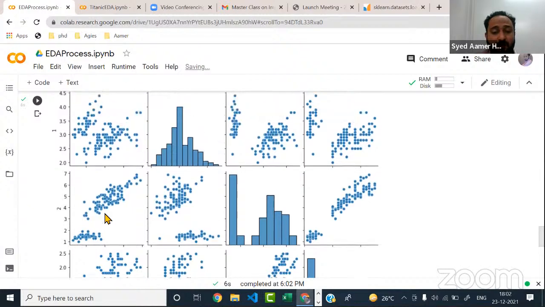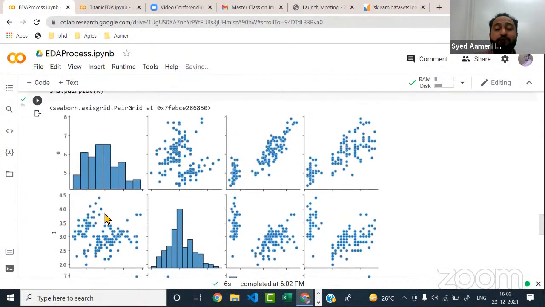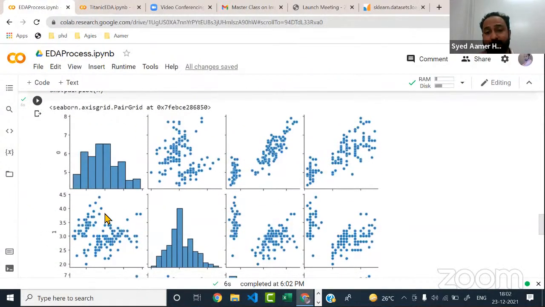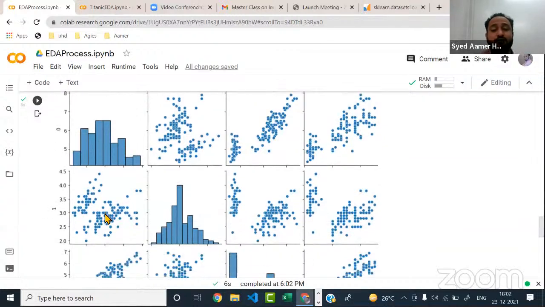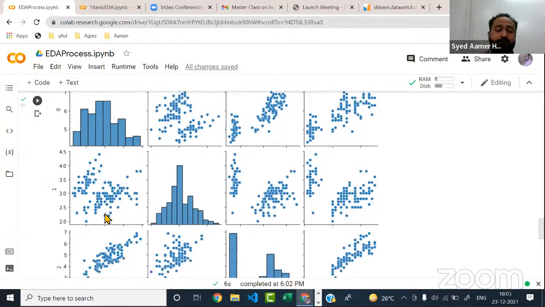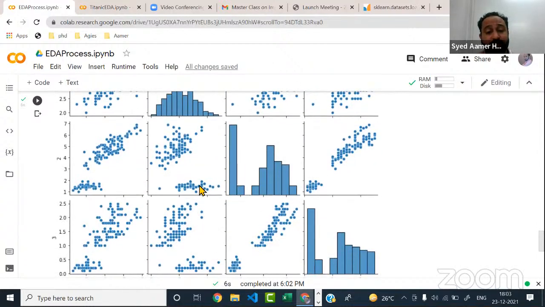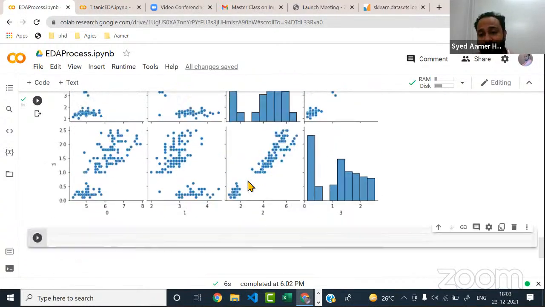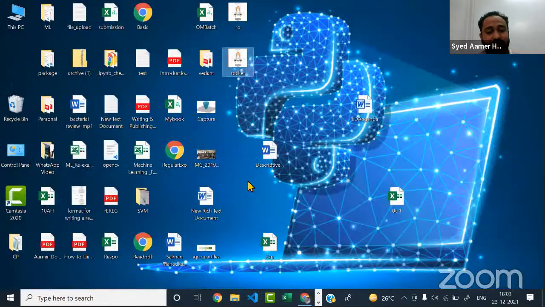From this you will come to know how your data is distributed. And those who know machine learning, those who have done the algorithms, based on the type of density we decide on the algorithms as well, right? If you're going with an unsupervised learning algorithm, and your data is scattered, you won't be going with DBSCAN in such cases, right? Similarly, for classification and regression algorithms also, you'll be deciding based on seeing all these things. Is that clear? So that's how you do pair plot, guys.